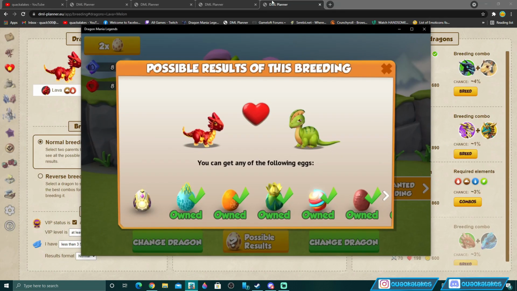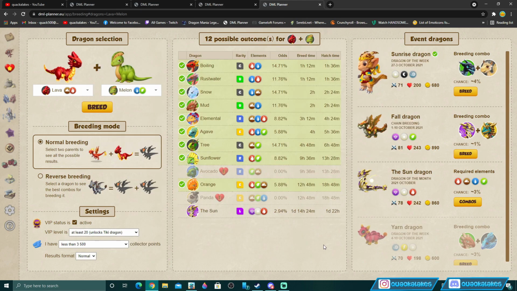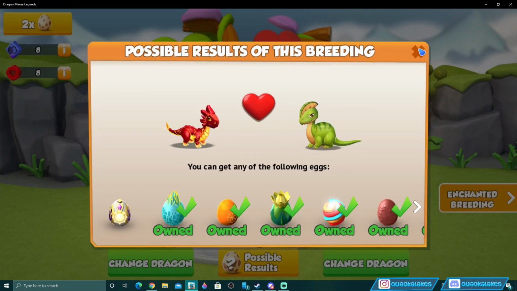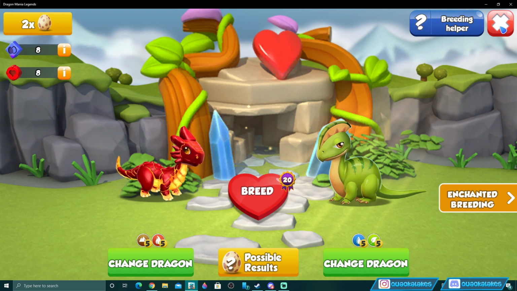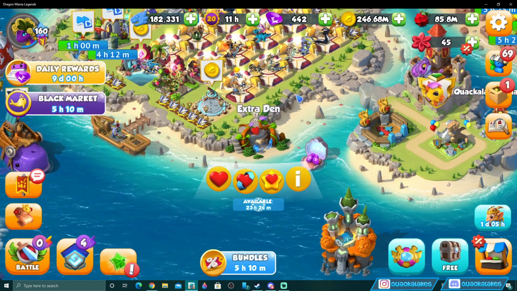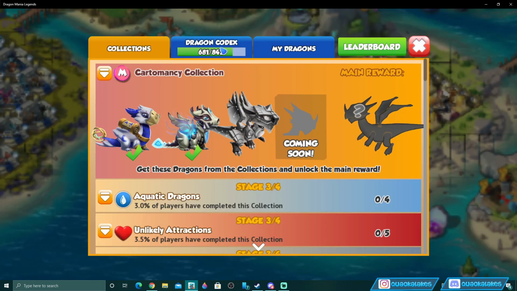So those are the 3 best breeding combinations, and of course you can take a look at all of these on DML Planner as well, which is where I cross-reference all of this from. But overall, I'm probably going to be using fire plus Kitsune because it gives the lowest average misbreed time with the lowest possible outcomes. But another thing to remember when you are breeding dragons of the month is